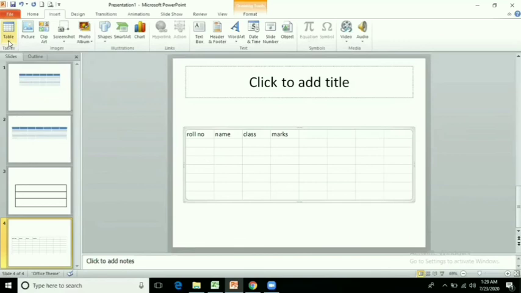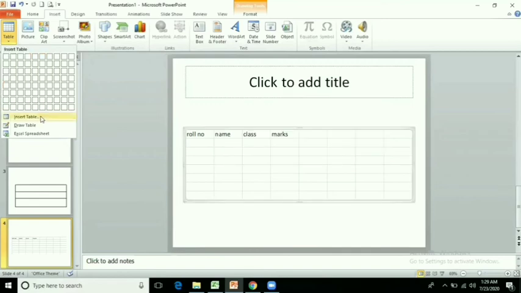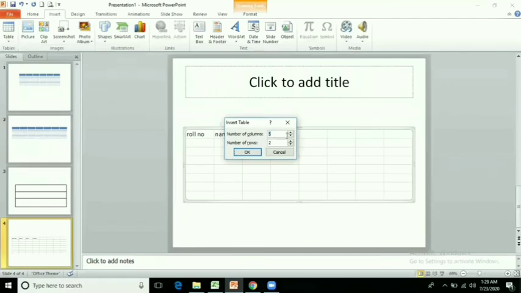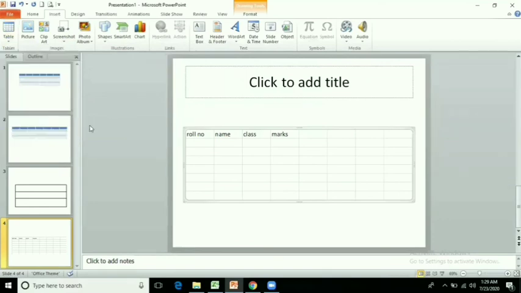So the first one was, from here you just choose it, how many rows, how many columns you want. The first value indicates the number of columns and the second value indicates number of rows. And the second method was insert table. Just tell the number, how much columns you want, and then how much rows you want. And the third one, draw table, if you want to draw yourself. If you want to take like a Excel spreadsheet, you can choose the Excel spreadsheet here.